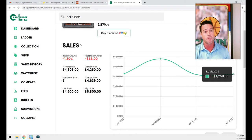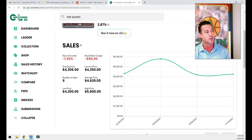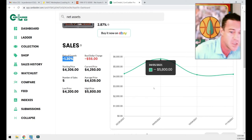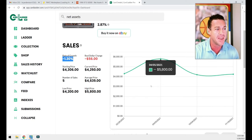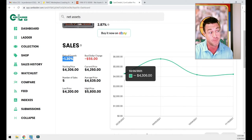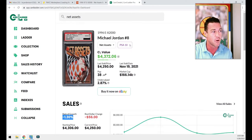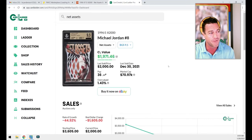the year. So the PSA 10 copy, and this is something I want y'all to see, the PSA 10 copy rate of growth for the year was almost steady, right? So it was down 1.3%, but for all intents and purposes, the card basically held from the beginning, from exactly a year duration. If we scroll down and we look at the BGS 9.5,